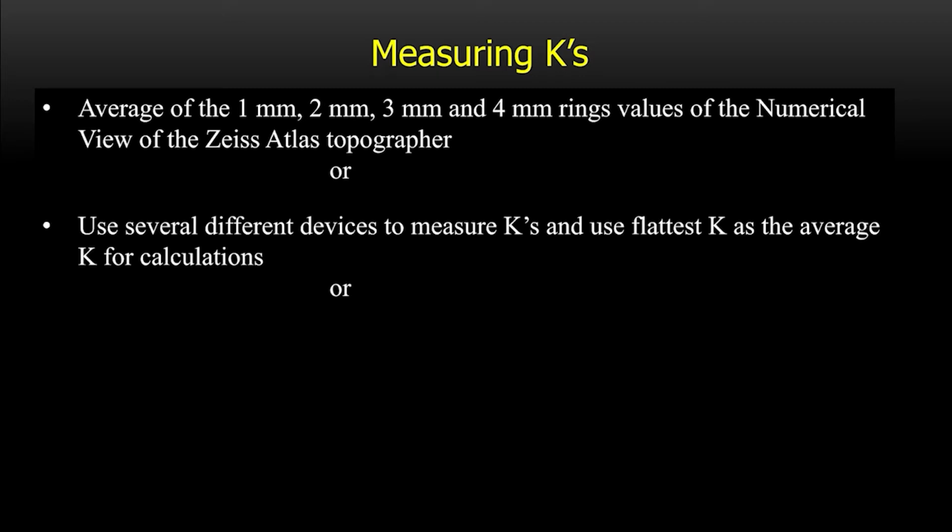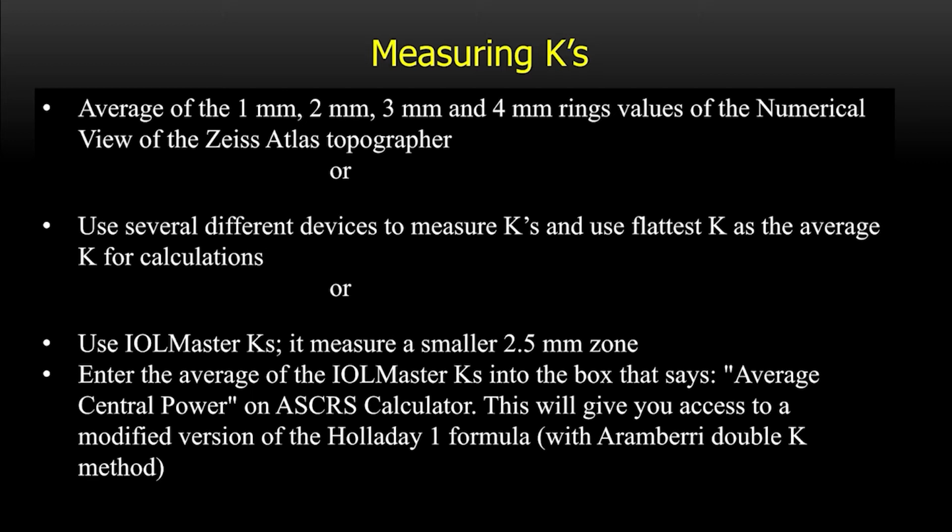Or you can use different devices to measure the K and then employ the flattest K as your average K for the calculations. Or, as it turns out, you can use the IOL Master. The IOL Master measures a smaller optical zone, and this effectively provides us with an average K that we can use in the ASCRS calculator, and then get access to the Holiday 1 formula, which has the Amberry double K